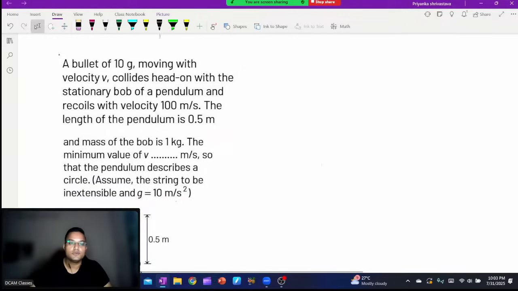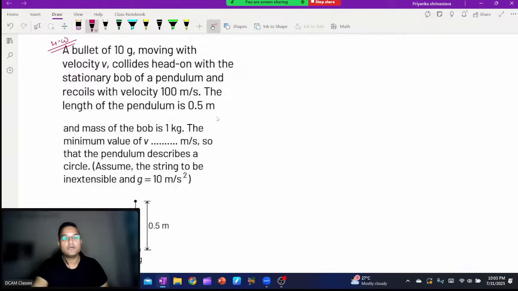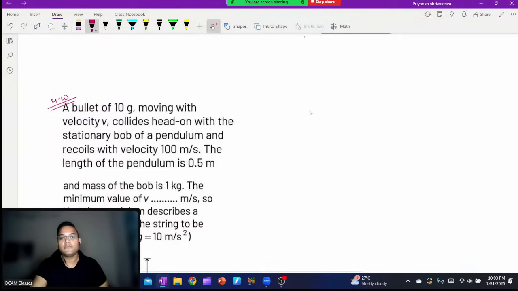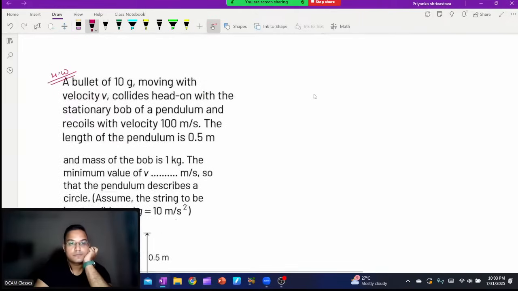This is your question. You should do it as homework. It is actually a mixture of work, power, energy with collision, work energy theorem and collision. Try doing it. It's a good one. Not very difficult. You cannot say it is of advanced level, but good one. Okay, let's end the class then. Try this as homework.